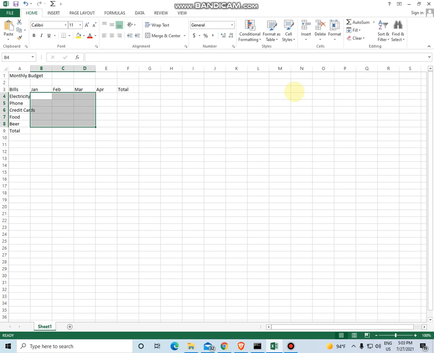So our next step is creating an Excel spreadsheet, and we want to enter some numeric values, some currency amounts for the amount we are spending for each bill across all the months. So we can go with filling these cells. For electricity, let's say $500, phone $50, credit card $300, food 400, beer 100. For February, electricity